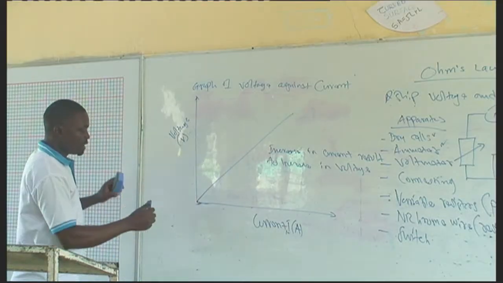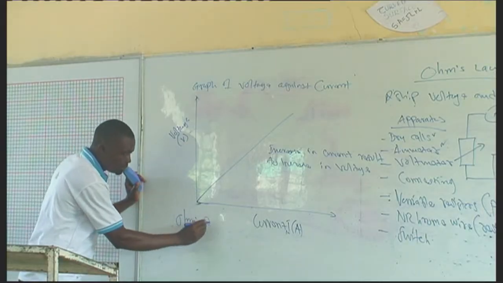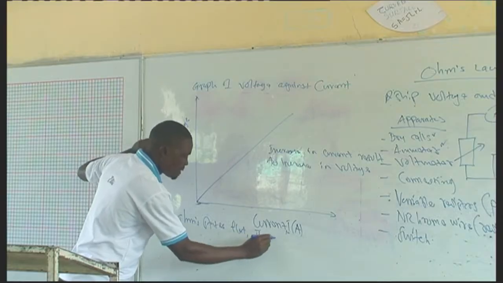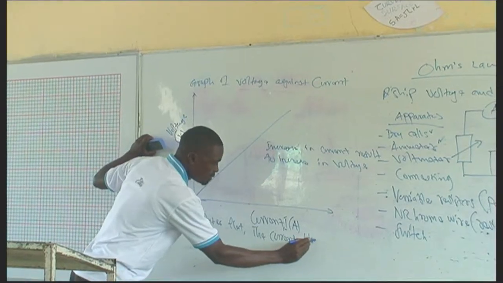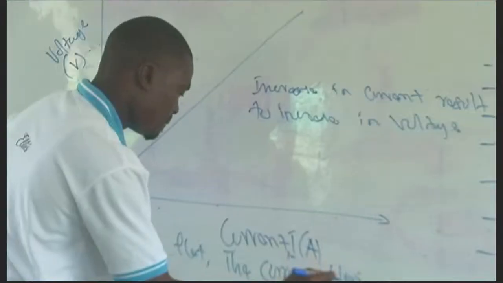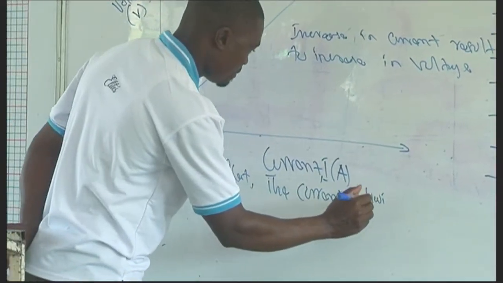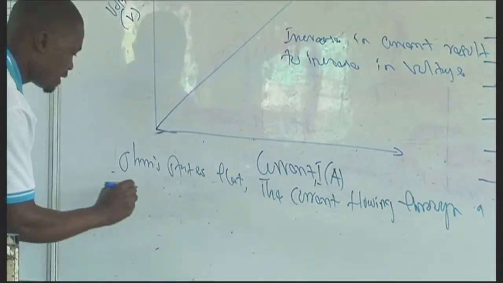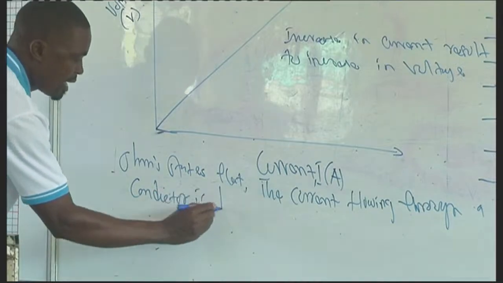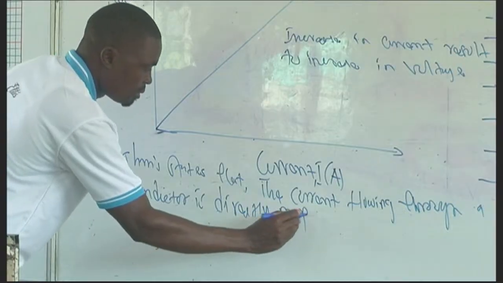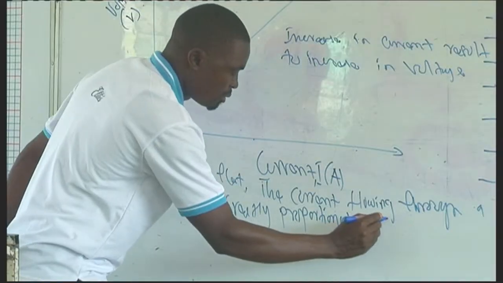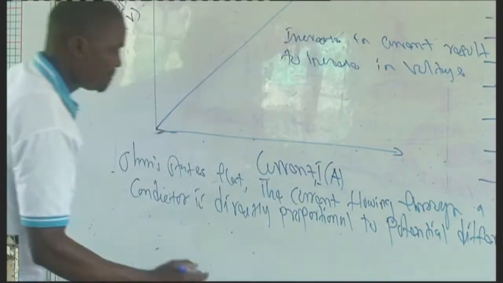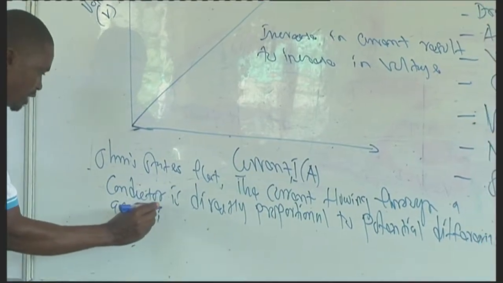So in this law, you can now state that Ohm's law says that the current through a conductor is directly proportional to the potential difference across its terminal,